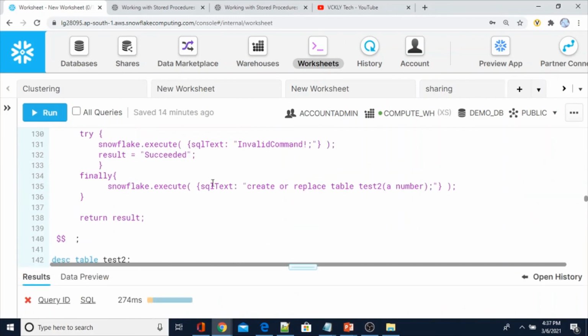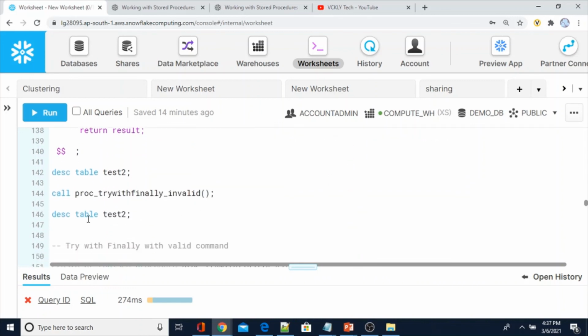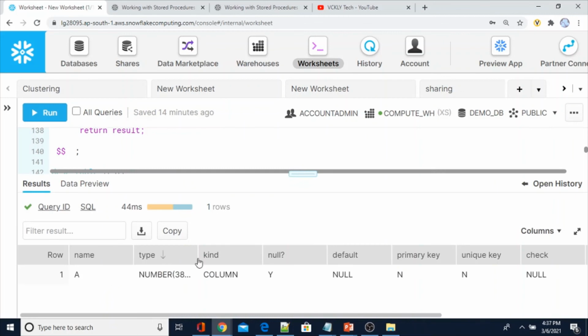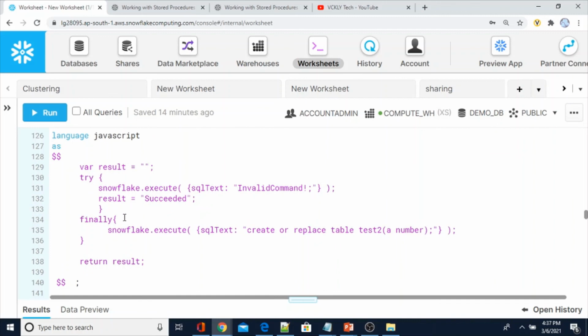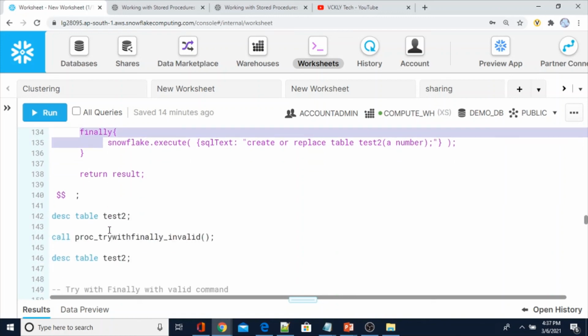In the finally block, we mentioned the test2 table creation. Let's describe table test2. See, the table has been created. That means before throwing an error, the finally block has been executed. Please note this point also.